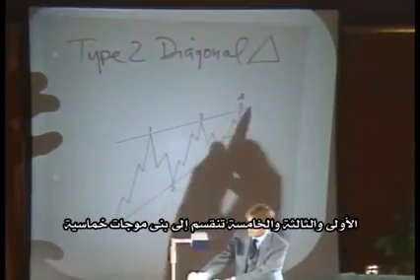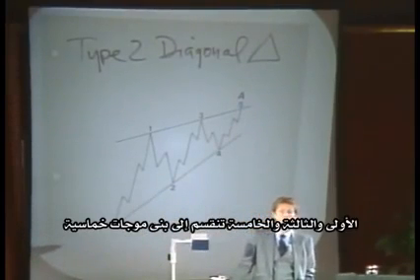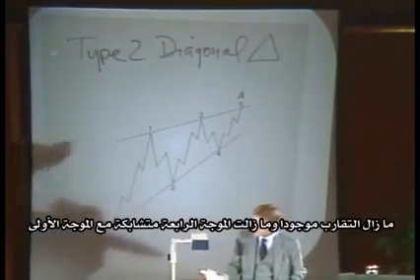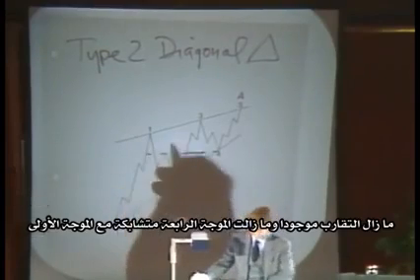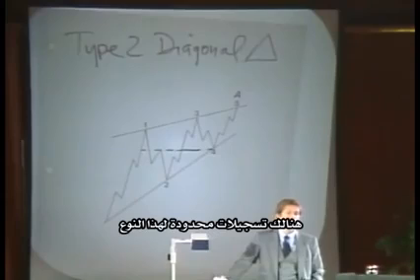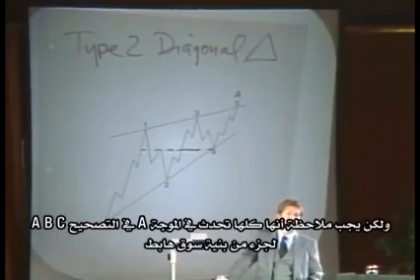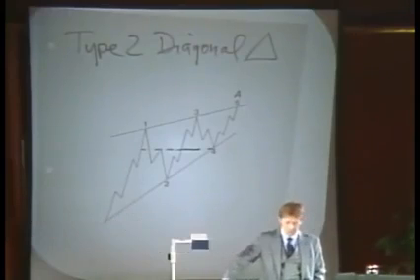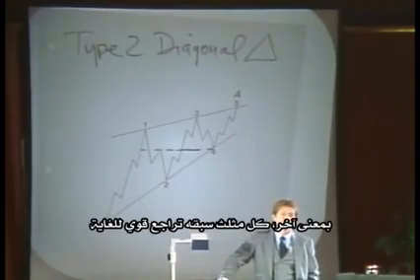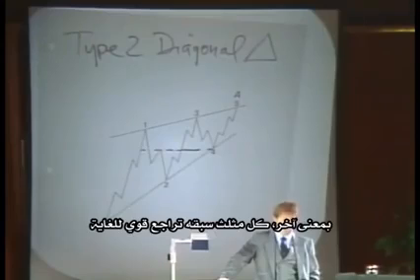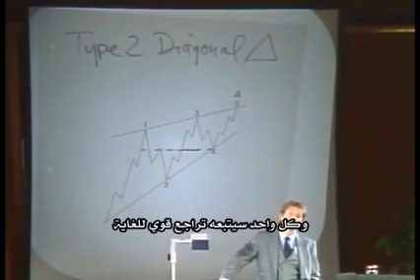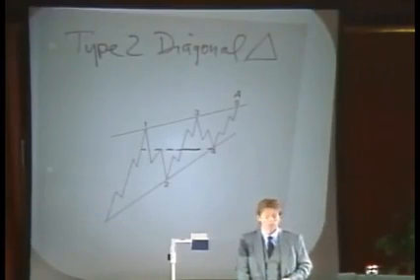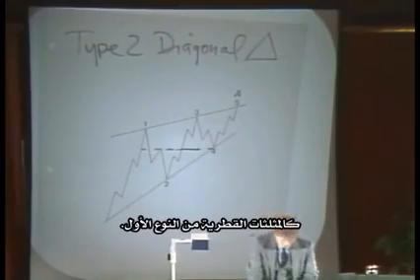The odd-numbered waves, 1, 3, and 5, subdivide into 5-wave structures, unlike diagonal triangle type 1s, which subdivide into 3s. They still converge, and wave 4 still overlaps wave 1. Now, there are only several known occurrences of these, but interestingly enough, they have all occurred in wave A of an ABC rally, which was part of a bear market structure. And what that means is that each one was preceded by a very strong decline, and each one was eventually followed by another strong decline. So ultimately, these patterns imply weakness too, just like diagonal triangle type 1s.